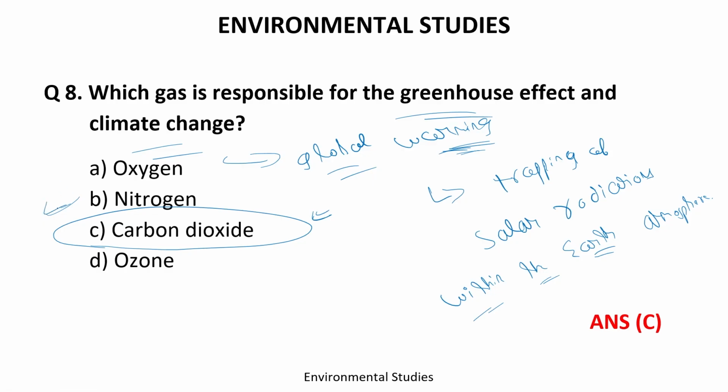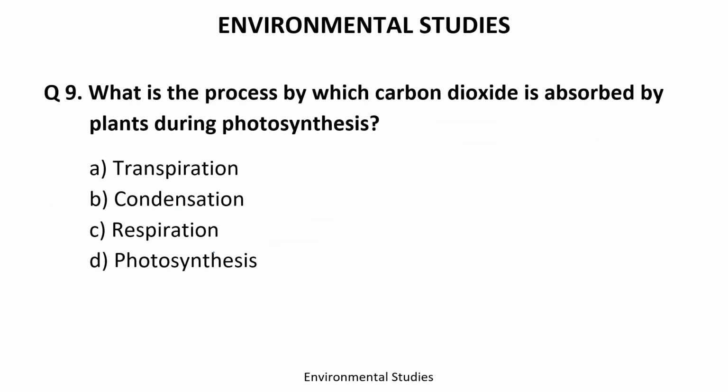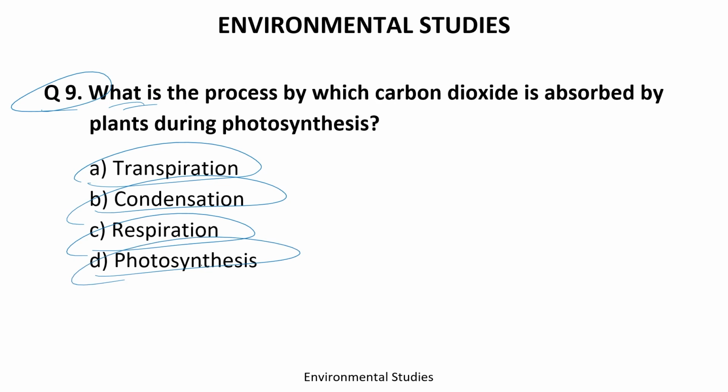Ninth question we have. What is the process by which carbon dioxide is absorbed by the plants during photosynthesis? Transpiration, condensation, respiration, photosynthesis. 20 seconds you have to think and answer. Time starts now. Time's up. The correct answer is,